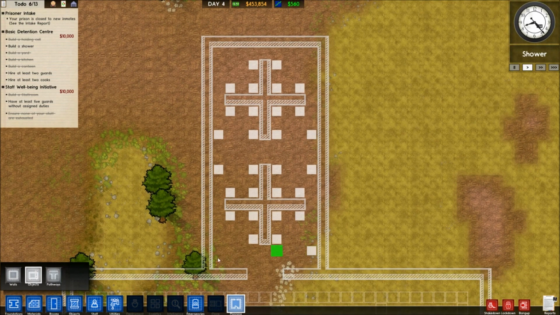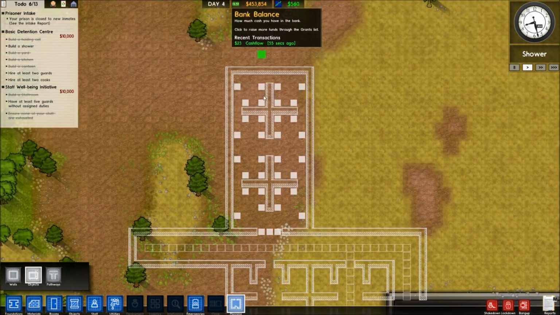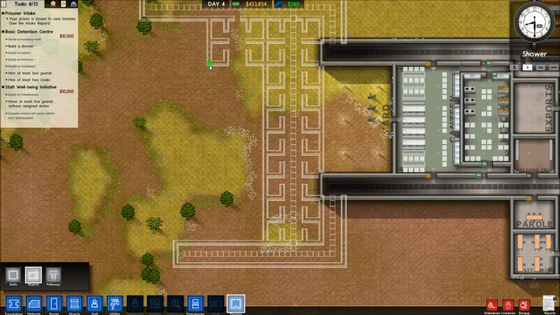Here I'm just dotting out possible shower head spots. And the drainage. I'm gonna see if 3 drains is enough. You'll see how things work. Here, I'm just gonna